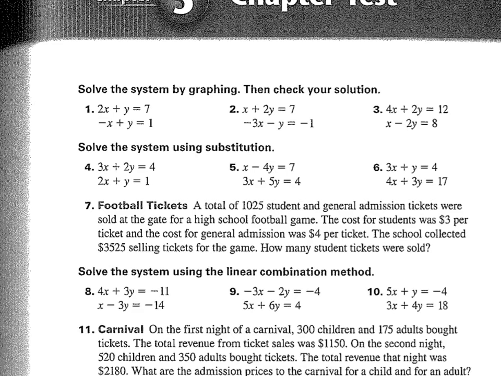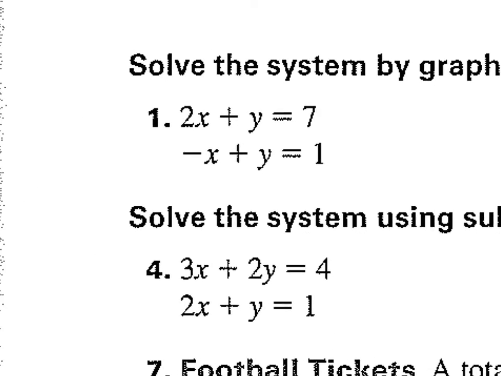Here is our Chapter 3 test. I'm going to kind of get you started on these so that you can figure out what the XY coordinates are for all these systems. I'll kind of show you which way I would do it. So here we go. Looking at number 1,